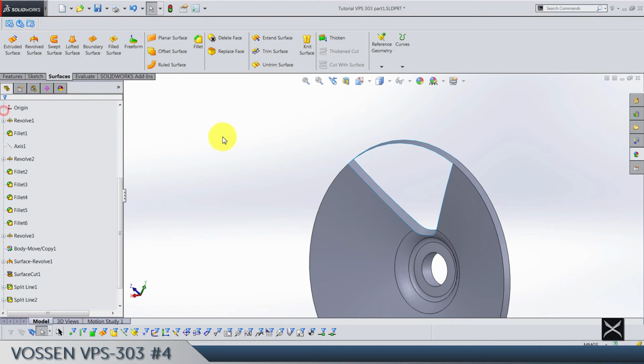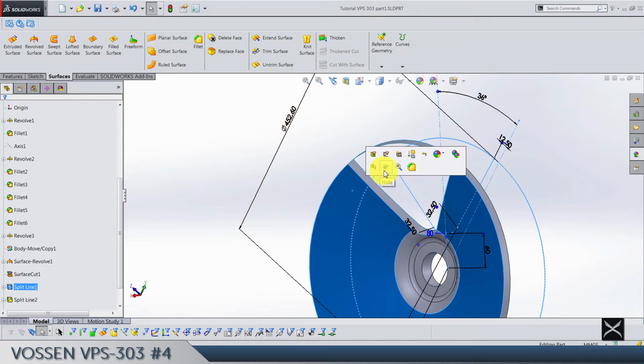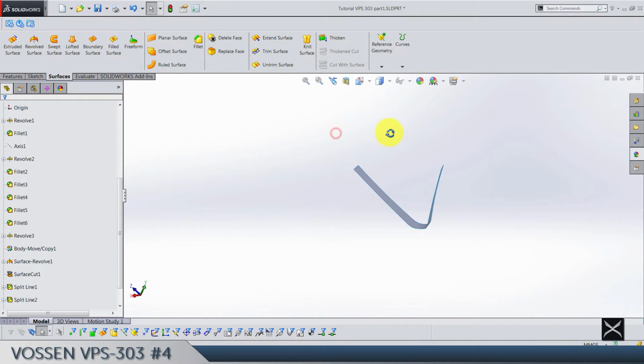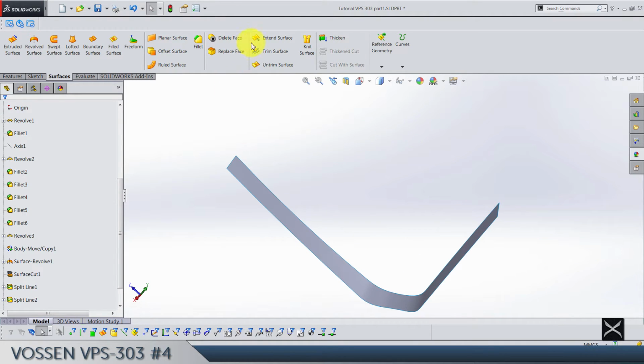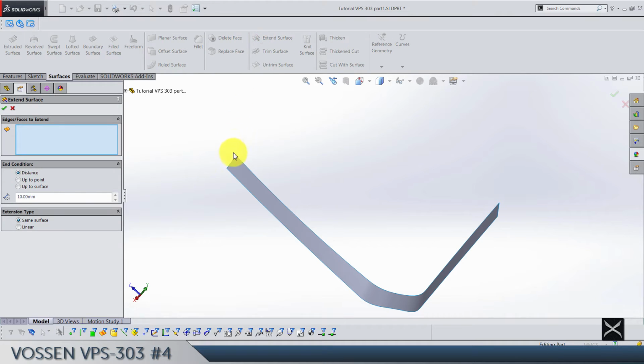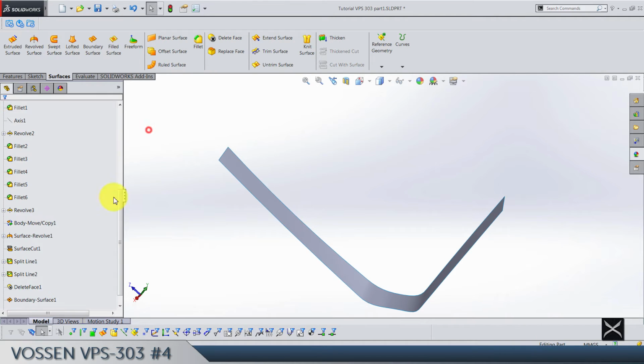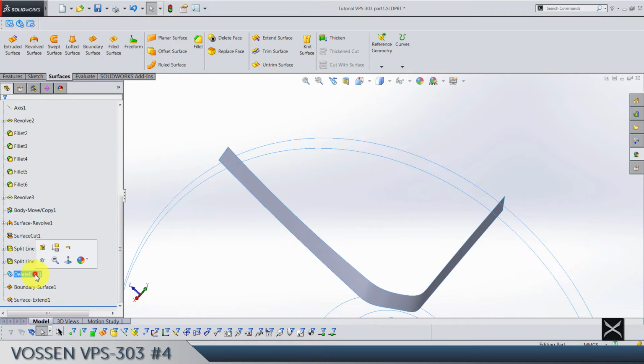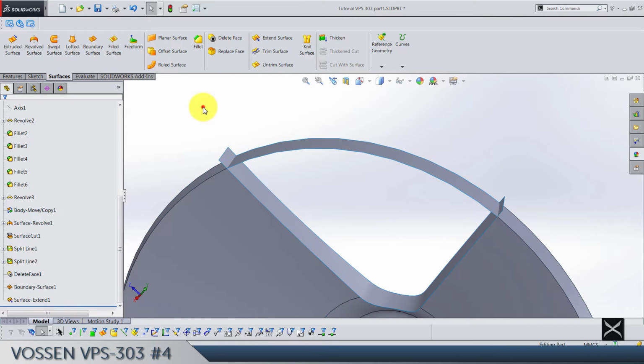Click OK. And now let's hide this. It's now a surface body, I think, and use extend surface for this edge and this one by 10, and that's it. Click OK. Let's bring back this one,